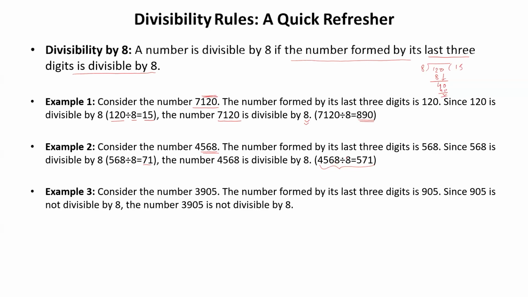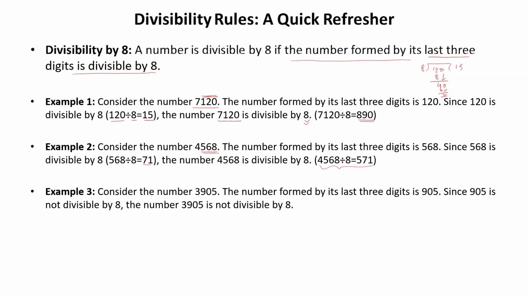So if you want to check whether a number is divisible by 8, you just have to focus on last three digits. So let me quickly revise. To check whether the number is divisible by 2, last digit you have to focus at. If a number is divisible by 3, add the digits, and if the sum is divisible by 3, that means the number is divisible by 3. 4. Division by 4, look at last two digits. Division by 5, look at last digit. It should be 0 or 5.